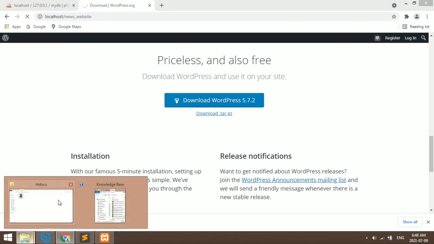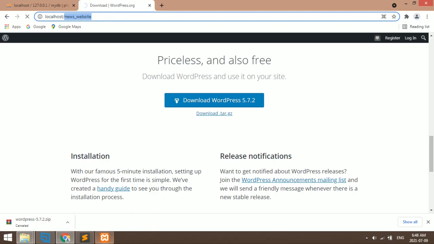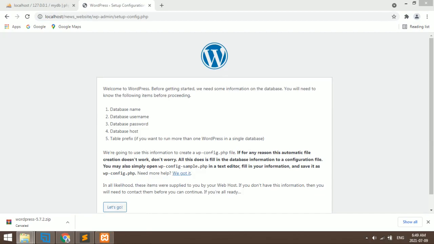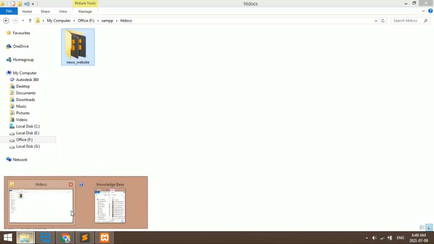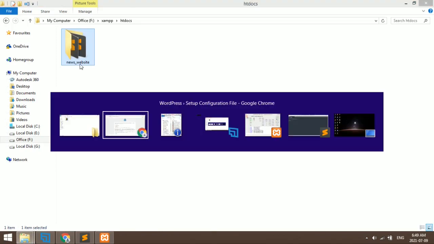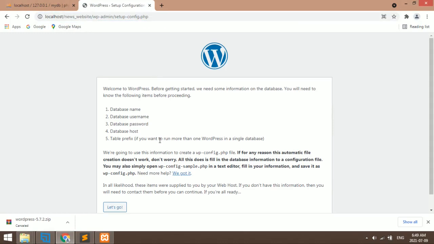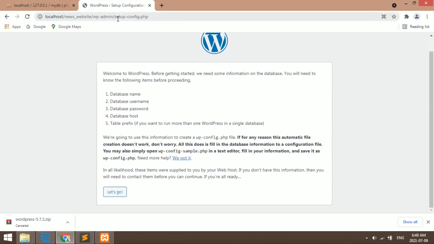Whatever folder name is there, localhost/that folder name you should give. So I have kept the folder name as news website. That's why I need to give localhost/news website. So it will automatically redirect to admin and setup-config.php.